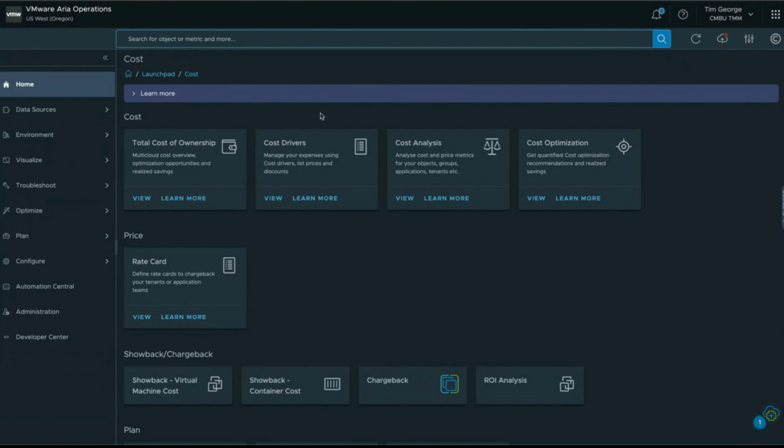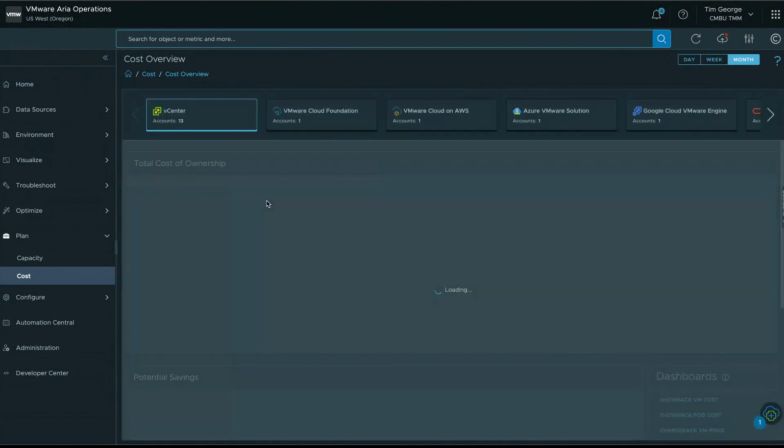And it's really easy to do. You go to administration, and again, there are links that would take you there automatically. Just set currency, and it's done. It's a one-click kind of thing. So let's look at, first of all, our total cost of ownership, and see, again, we get our